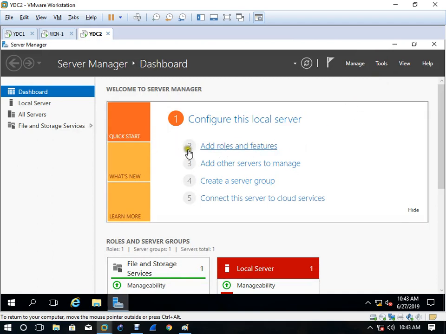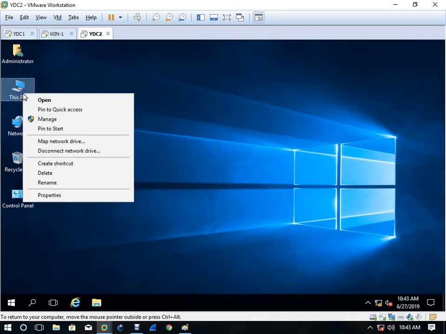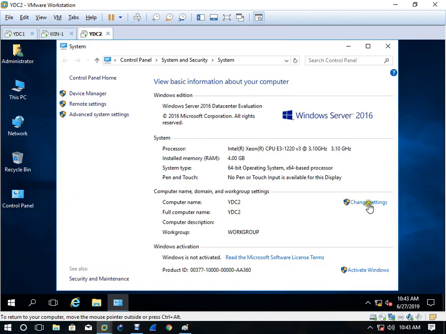So first what you have to do, you have to add this machine to the domain controller as a member server. So how are you going to make a member server? Very simple process. Right click, properties, click on change settings,